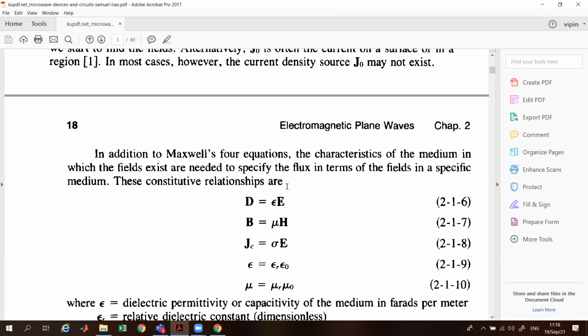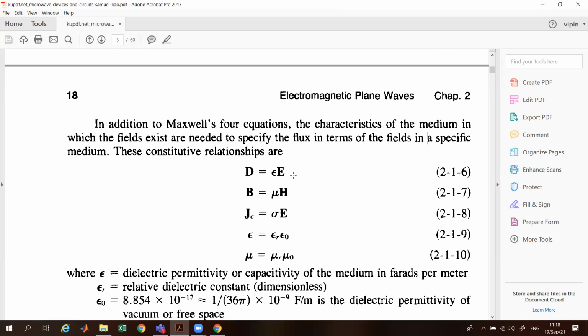These constitutive relationships are: D vector is equal to epsilon E vector, B vector is equal to mu H vector, and Jc is equal to sigma E vector,